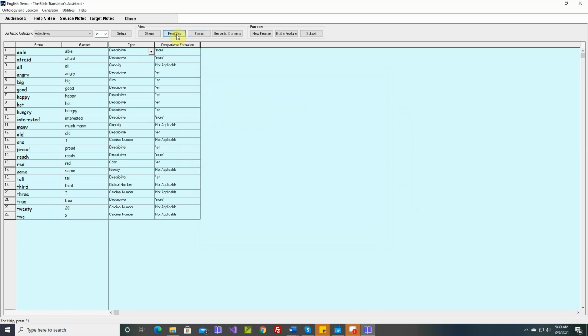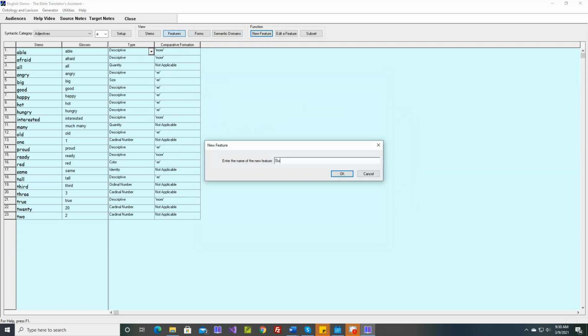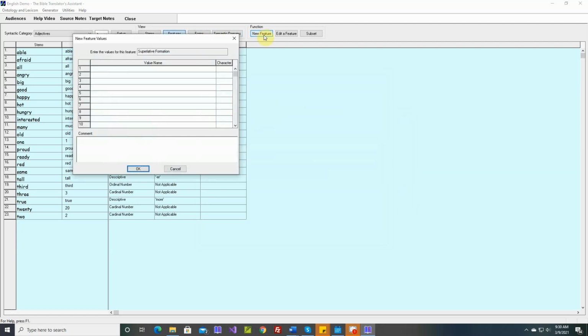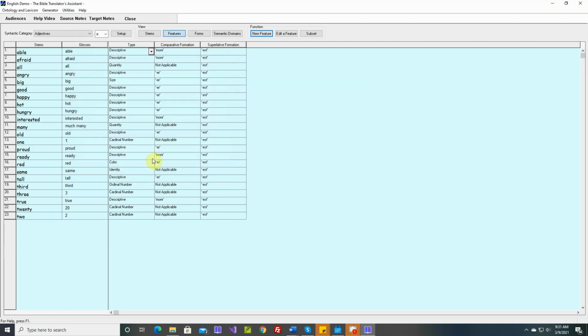So let's go back to our features and add a new feature. We'll call it superlative formation. EST. Some adjectives take the word most, interested, and some adjectives will be not applicable. Okay,